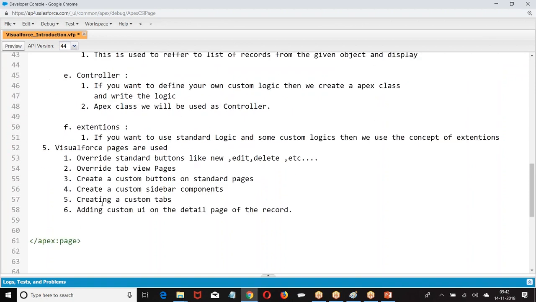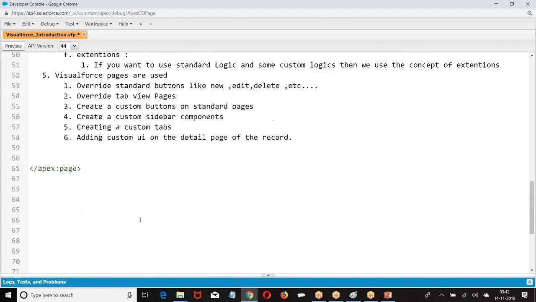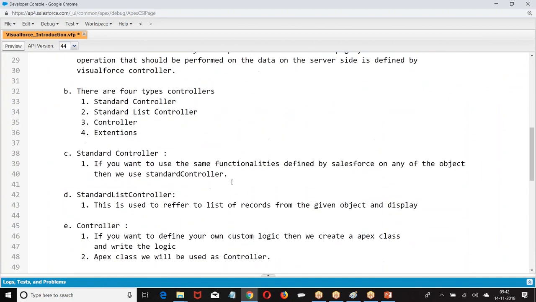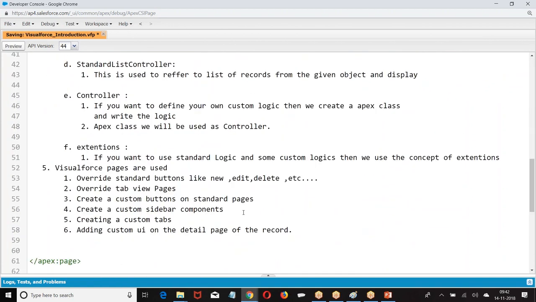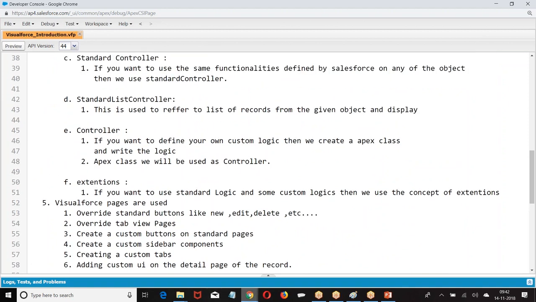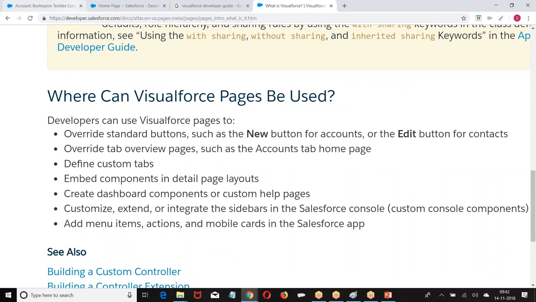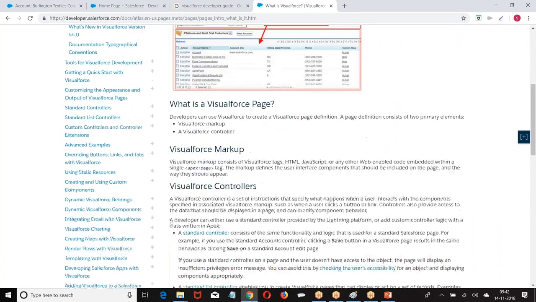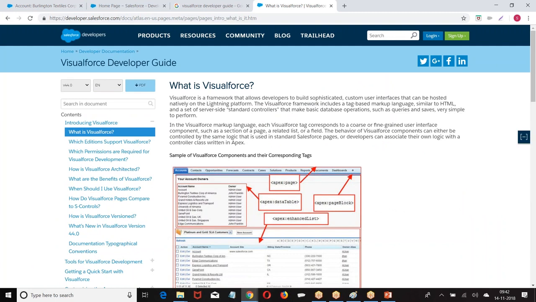Let us go back. Look at the architecture where we have used some symbol. So look at the format. We will try to understand the architecture of the Visual Force for quick understanding.